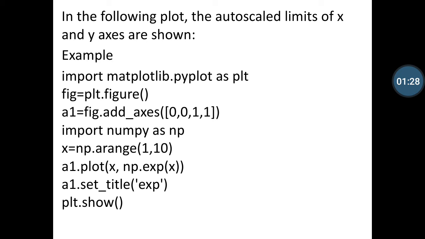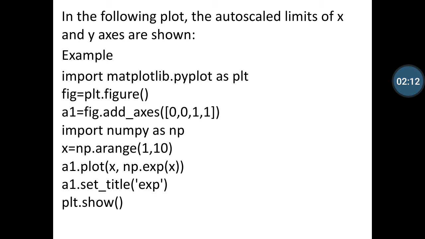Then the fig equal to plt.figure method is called, and then create a1 variable equal to fig.add_axes, and then put the values as 0, 0, 1, 1. Then import numpy as np for the mathematical calculations. Then I create an x variable and create an array using np.arange(1, 10).